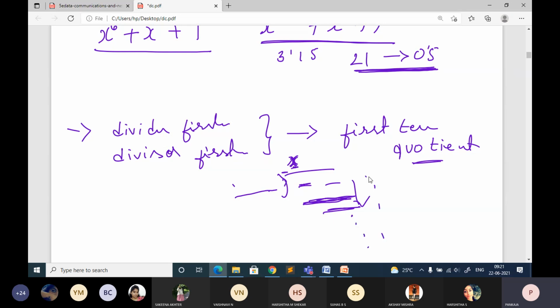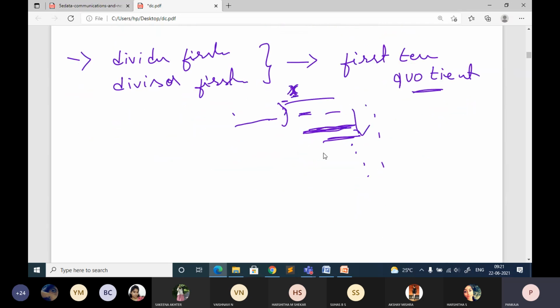How many terms are there in the dividend? You're going to just repeat for all the terms. So how long you are going to do this process of division? So as long as, the division is going to continue. Whatever the remainder you are going to get, that degree should be less than the degree of the divisor. Till that you have to continue the division. Okay, whatever the remainder you are going to get, you just check the degree of that partial dividend, compare with the divisor. So if it is less than the degree of the divisor, then stop division. In case if it is larger than the divisor, then you have to continue the division. Okay, so that is one thing.